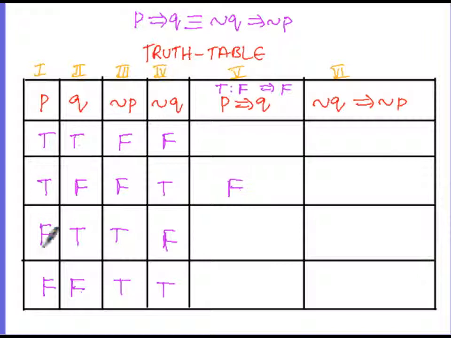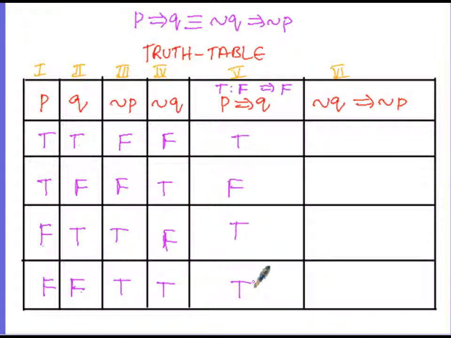Whereas here F and T, but we need the first statement as true and the second statement as false. But here the first statement is false and the second statement is true. Then here both are false. Here only one possibility is there: the first statement P is true, then the second statement Q is false. Therefore a true statement does not imply a false statement, therefore TF is F, and the implication is false here. Therefore the remaining will be true.